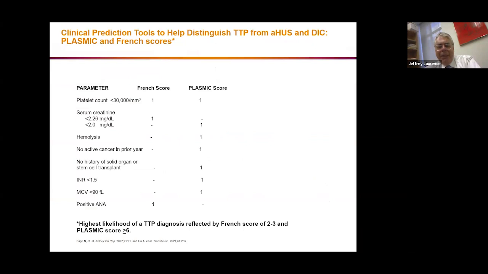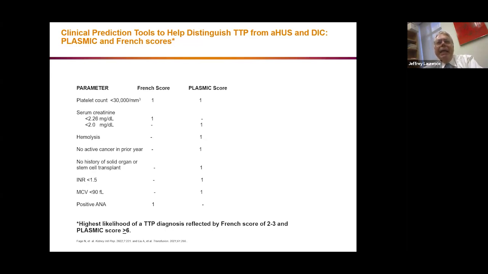You have a patient with an unexplained acute kidney injury, a change in platelet count, and a hemolytic anemia. You're concerned, could this be TTP versus HUS, because you've ruled out DIC. Consider what the absolute platelet count is and what the absolute serum creatinine is. If your absolute platelet count is less than 30,000, with a relative risk of 22 in the presence of a TMA, that's TTP. What's your serum creatinine?